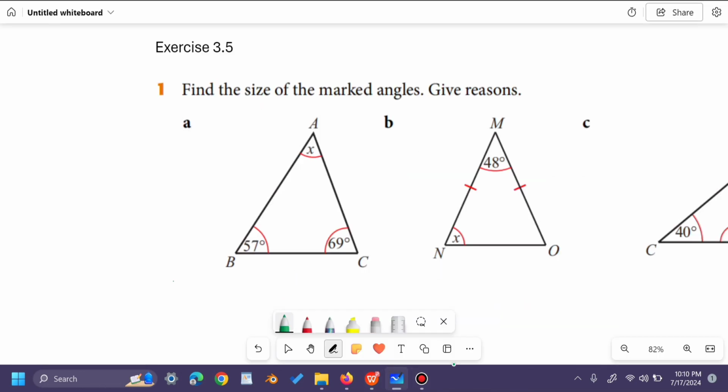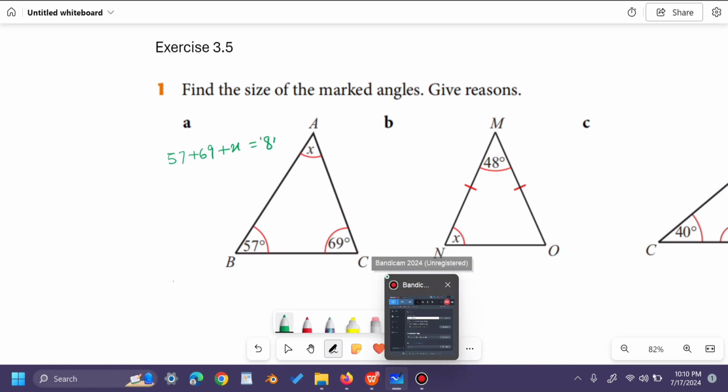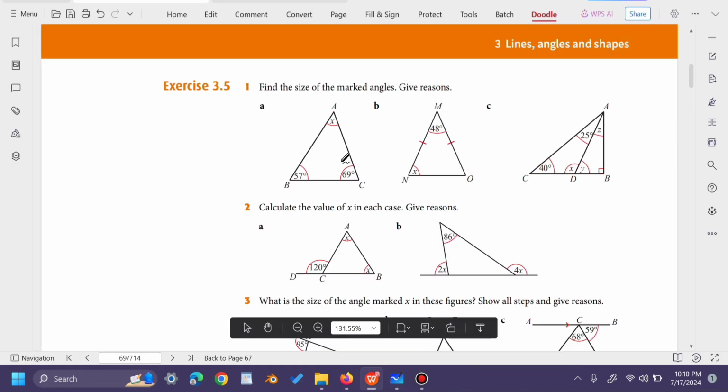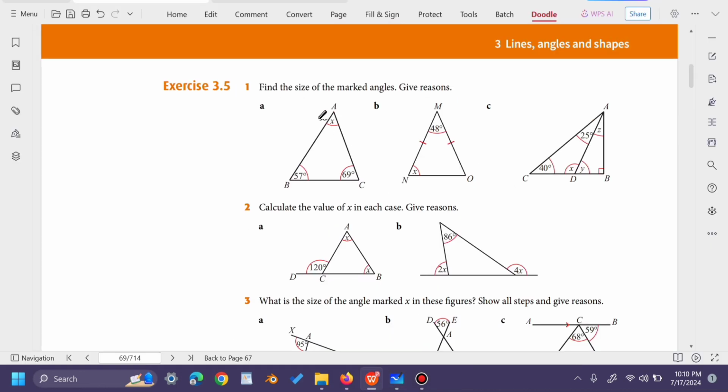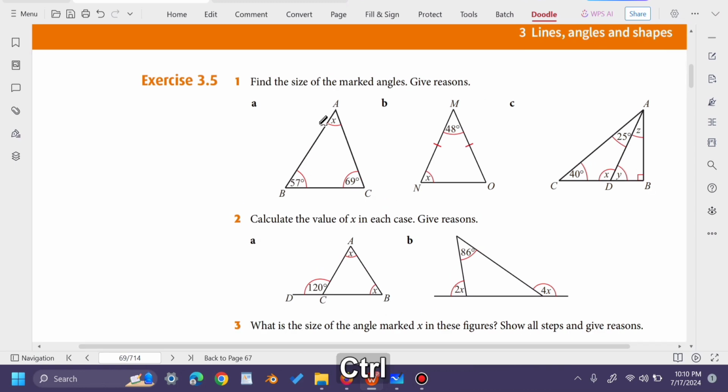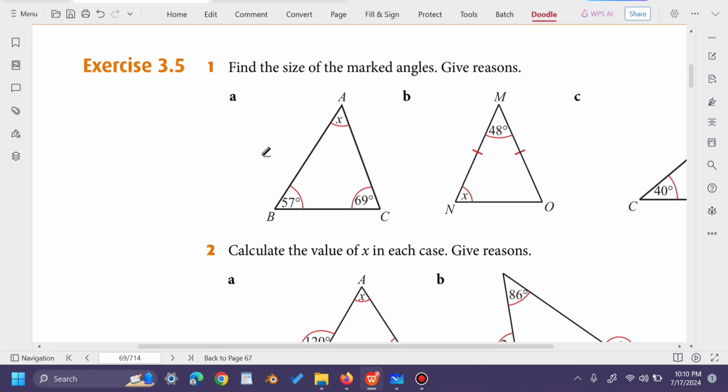So firstly, we can see that 57 and 69. How are we going to find it out? We know that 57 plus 69 plus x should be 180 degrees. Okay, so if the sum of angles is going to be 180 degrees, I'll just go over that. So 57 plus 69 plus x should be 180 degrees. So what we are going to do is we are going to subtract 57 and 69 from 180,